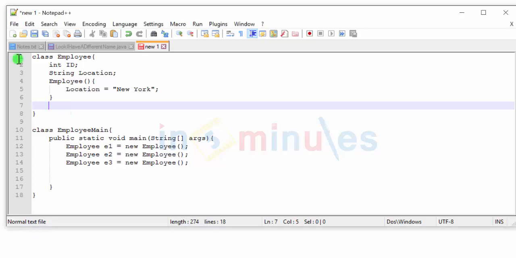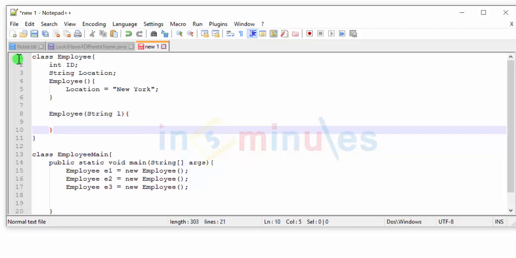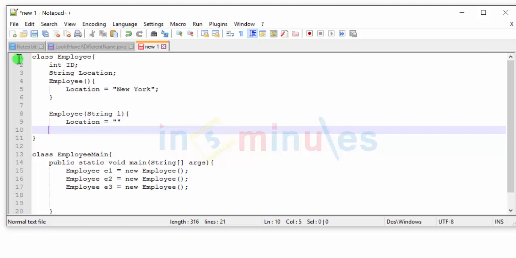So before we do that, let's design the parameterized constructor. Employee will take in the string location, let's just call it L as of now. And what you'll do is, instead of giving location a default value, you will give it the value sent by the user.